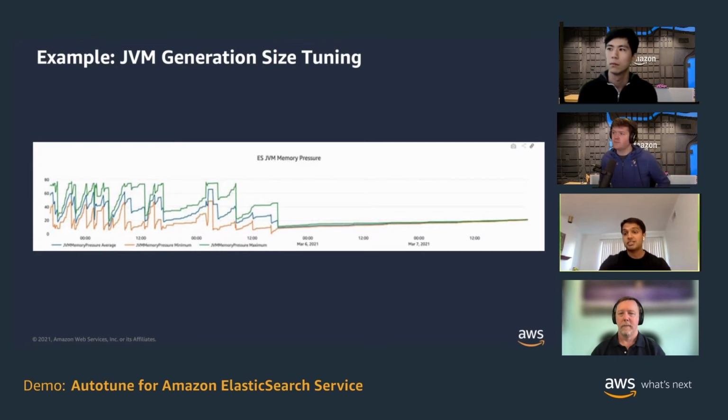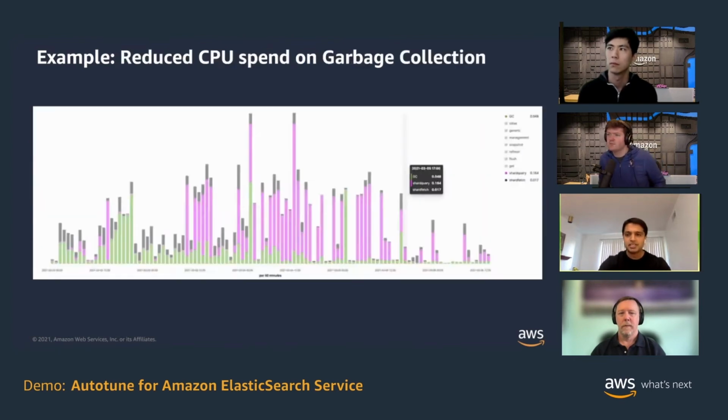We spoke about garbage collection stealing away your CPU cycles. So for the same cluster, let's look at what CPU looks like. Now I know the text might be a little blurry, so let me walk you through what this graph really means. This graph here is a split of how much CPU is getting spent on which operation. And the green lines here are garbage collection. And then the pink and the gray lines are your read and write workload. For this particular instance, both of them are read workloads. They are different parts of read. So like I said, the telemetry is pretty deep. I won't go into too much detail, but even your reads,